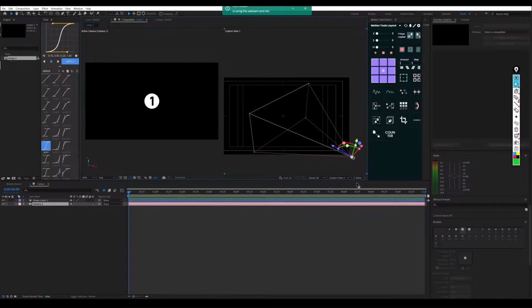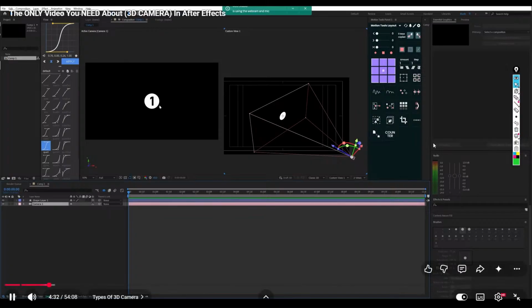Make sure to watch the video till the end. All right, I've got my camera, but I can't see the layer here. Why? Because it's not a 3D layer. So I have to hit the 3D button. Now I've got the shape layer, but I didn't get the